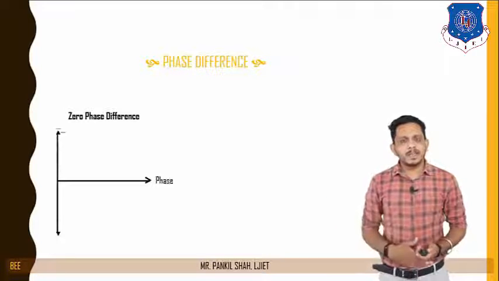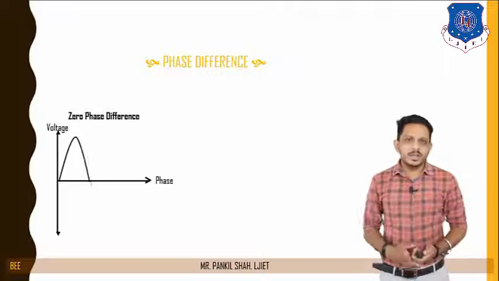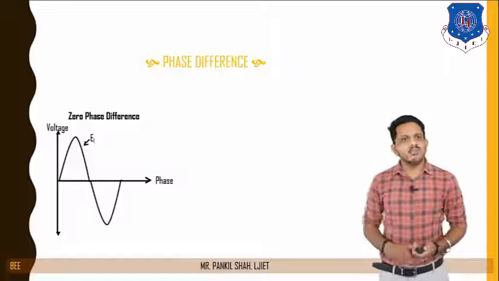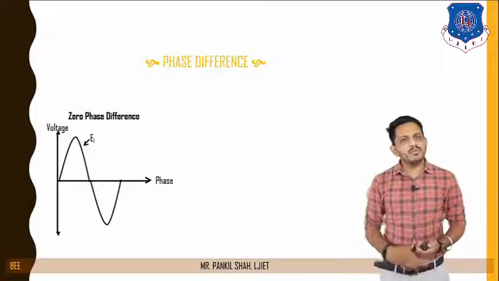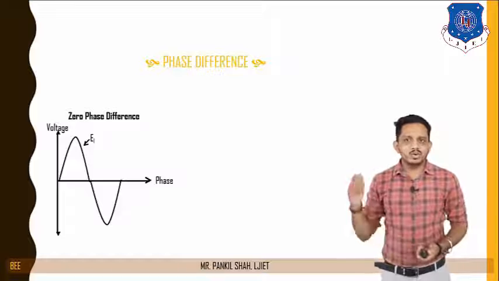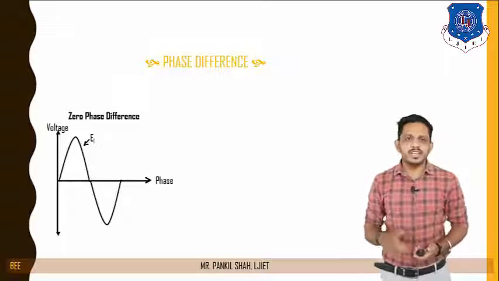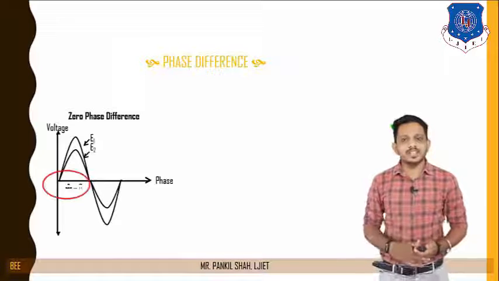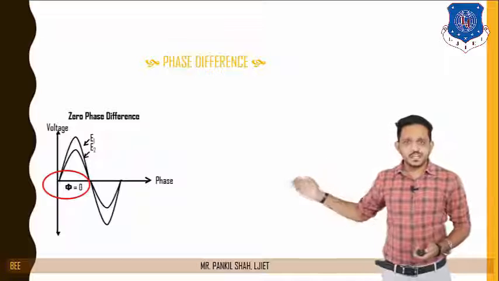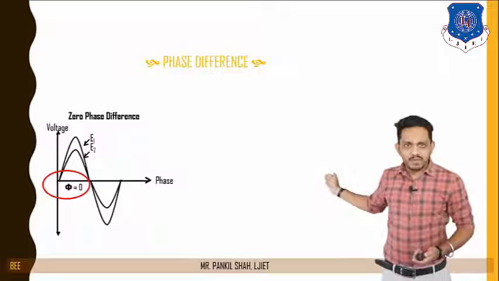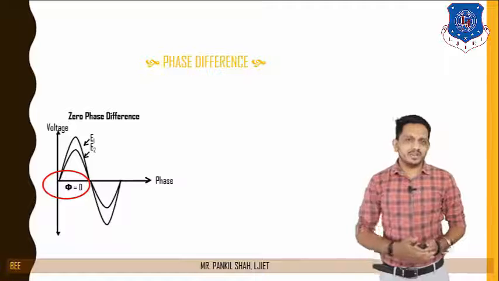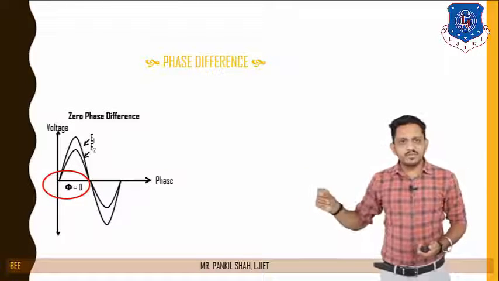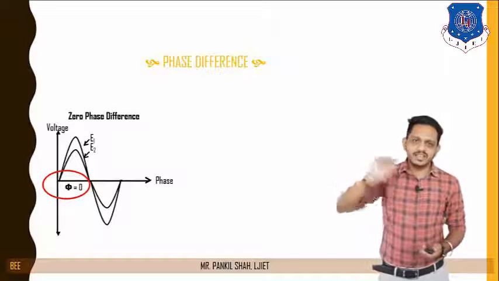Now let's discuss what is zero phase difference. You can see in this waveform there is one alternating quantity, that is the voltage quantity, voltage versus some phase angle or time. This is represented by E1. Let's see another quantity, that is E2, and you can see that E1 and E2 have zero phase difference, because in this figure both quantities are starting from 0, both quantities are increasing in the same